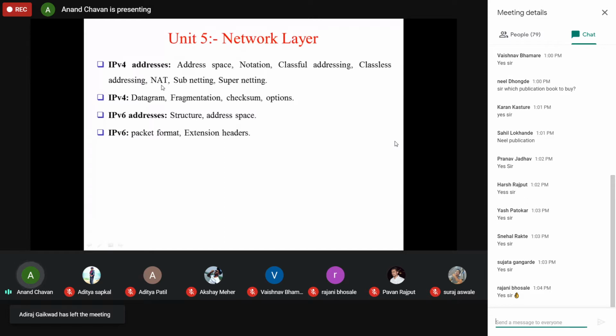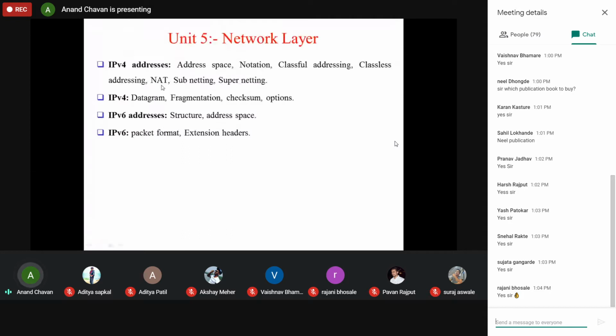That mechanism is used in network address translation by using different protocols such as ARP, address resolution protocol, or RARP, reverse address resolution protocol, or some other protocols, POP protocol, DSCP protocol. These are some protocols which are mainly used in the networking layer.